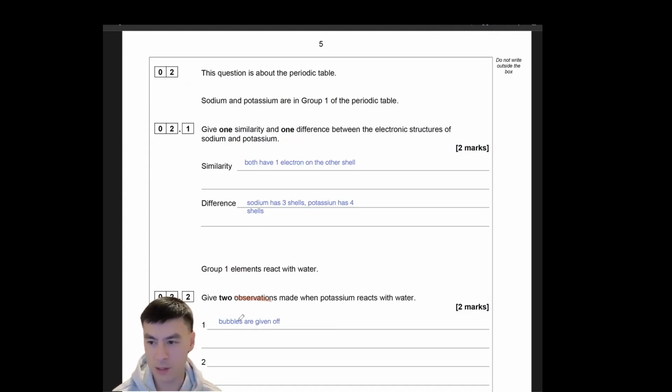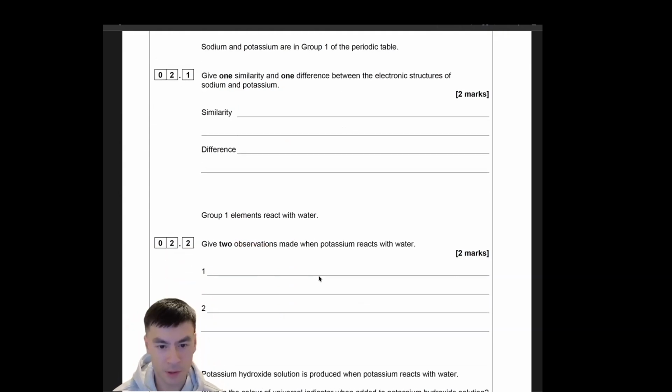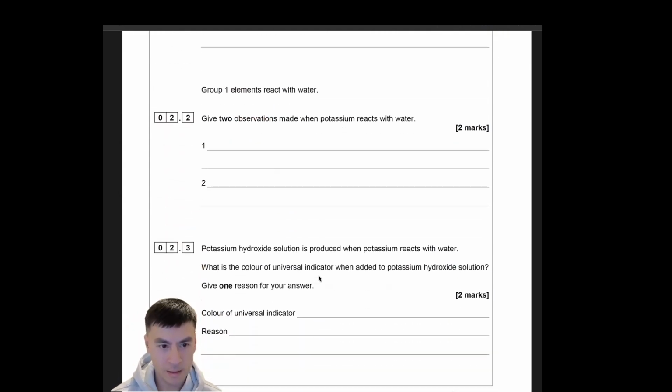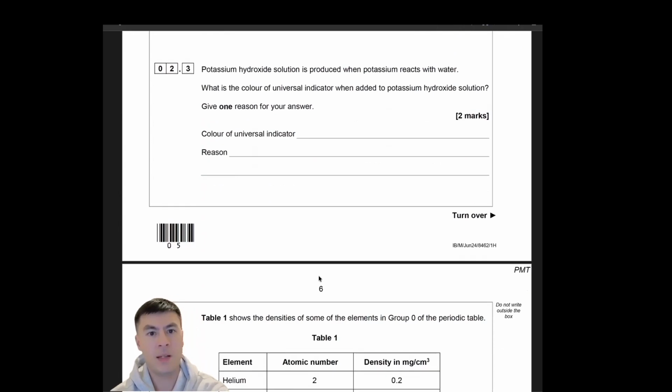Observations. So we can see bubbles are given off. We can see a flame on the metal。如果你想講 small explosions，你想講 potassium runs around moves around the water bath，咁都 OK，因為可以見到嘛。